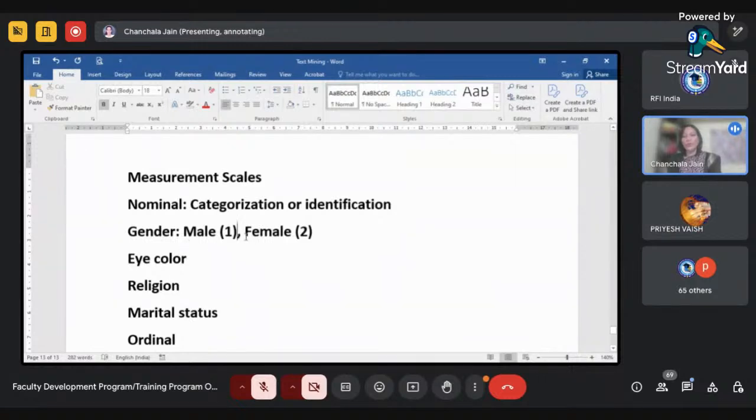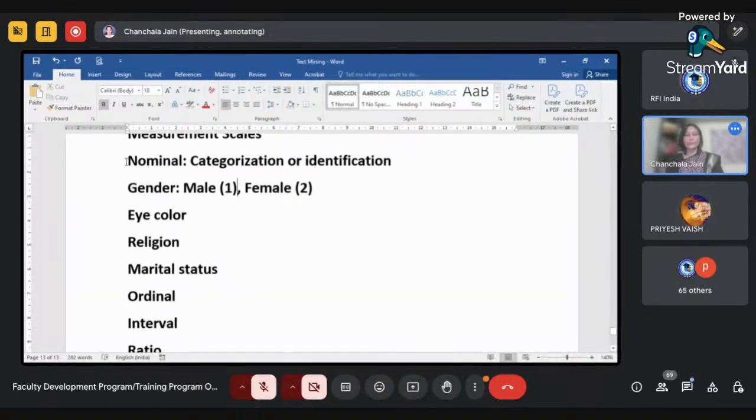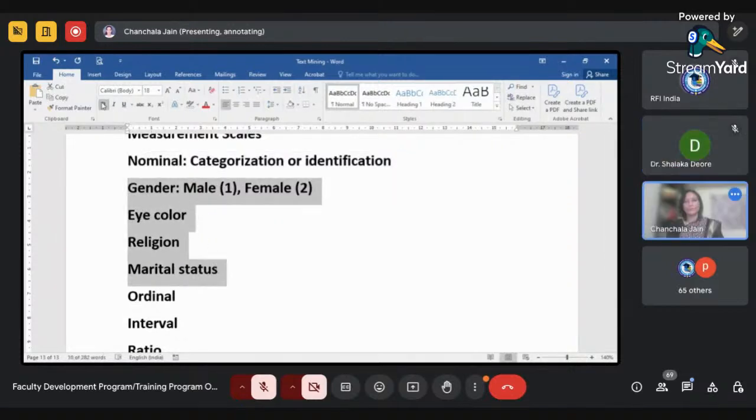Here there is no meaning in the numbers as such, no order. These numbers are used only for identification purposes. There is no meaning in one and two, but once I say one in terms of gender, we understand this is the male category, and two is the female respondent. So this scale is also used for identification purposes. Is this scale clear to everyone? Yes, ma'am.